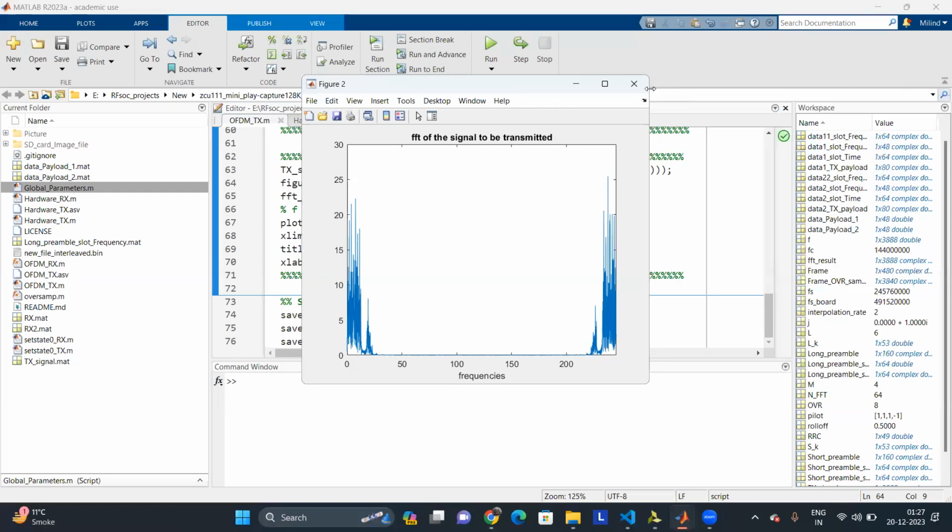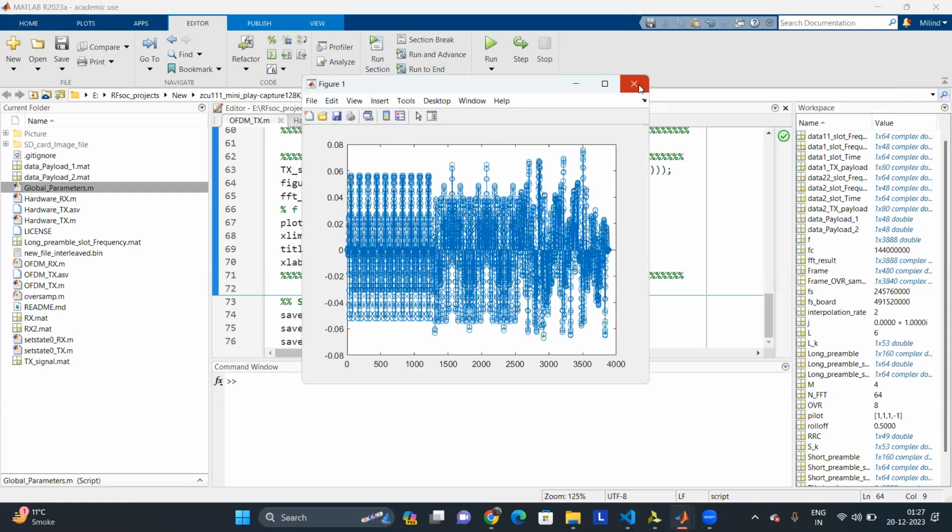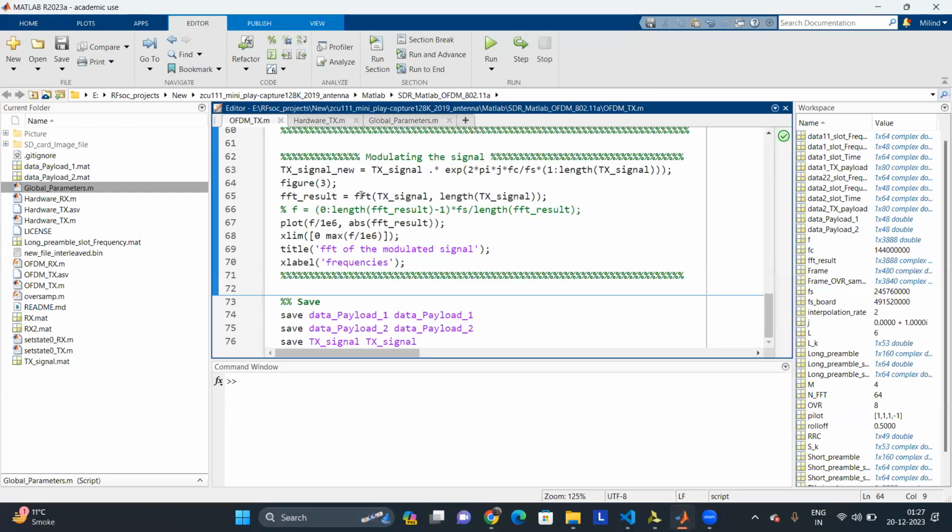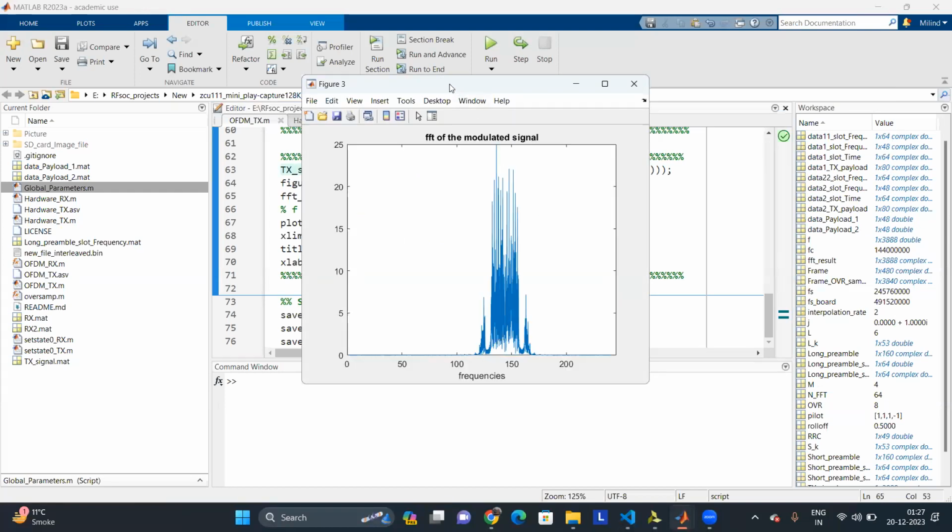The signal still didn't modulate. Okay, I haven't taken the FFT for the signal. So when I take the FFT for the signal, now we'll see the modulated signal. And here we see